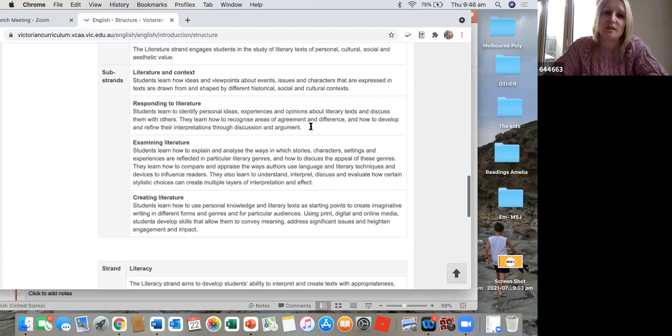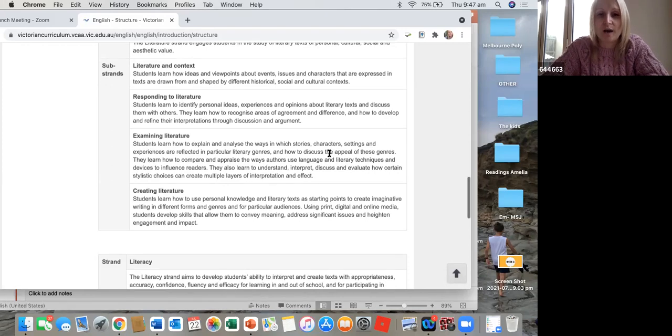So being able to examine literature, you'll be surprised at how good Foundation kids can get at looking at text and understanding different authors' ideas. Even though they're only little, they'll still be able to examine the story and examine characters and examine the setting,